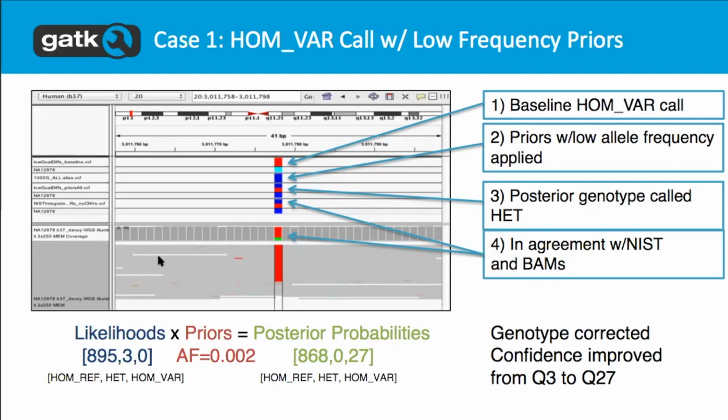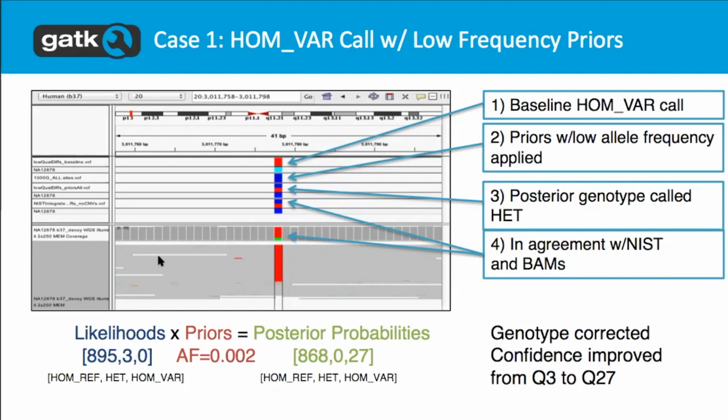Right, and so we run the tool with, here we have, I know you can't read it, but it's basically the population frequencies applied. And we have a very low prior for that allele because we know from looking at the relevant population that this is an allele that's quite rare in the population. And so when we apply the tools with that prior, we're going to reevaluate that judgment and decide, based on